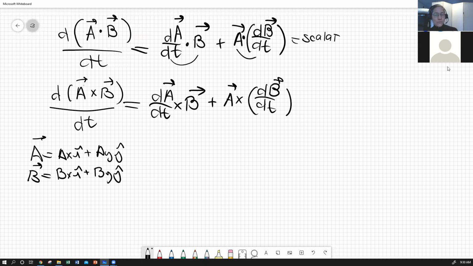So the time derivative of each of these is going to depend on the time dependence of the coefficients of our coordinate system unit vectors. So it depends on how those depend on time. So I can write that as the first time derivative of vector A, with respect to time,